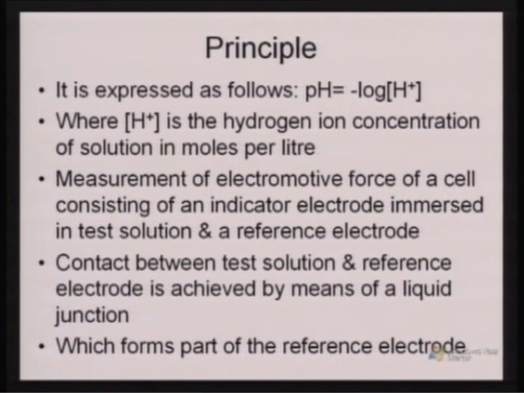The basic principle behind this is expressed as follows: pH is negative log of hydrogen ion concentration, where hydrogen ion is the hydrogen ion concentration of solution in moles per liter. Measurement of electromotive force of a cell consisting of an indicator electrode immersed in test solution and a reference electrode. Contact between test solution and reference electrode is achieved by means of a liquid junction which forms part of the